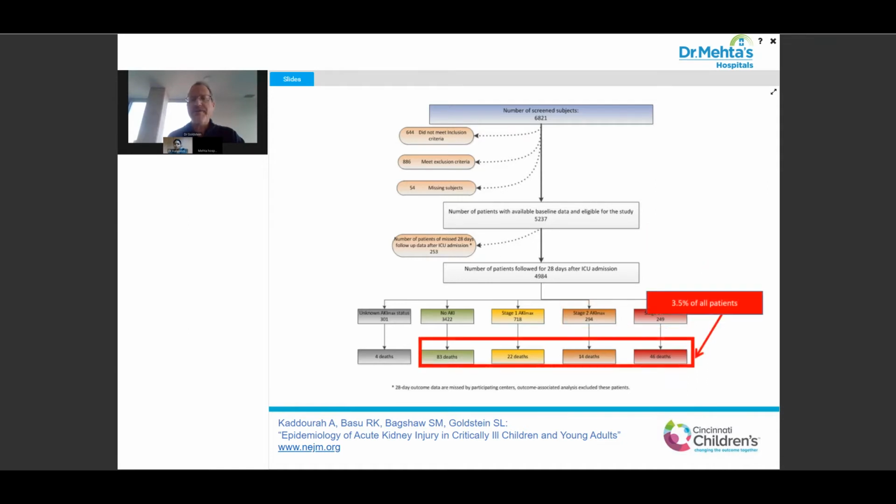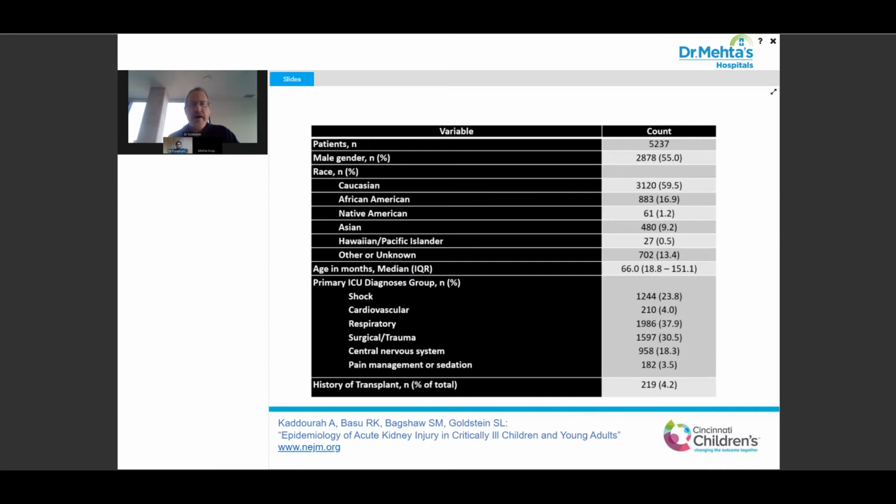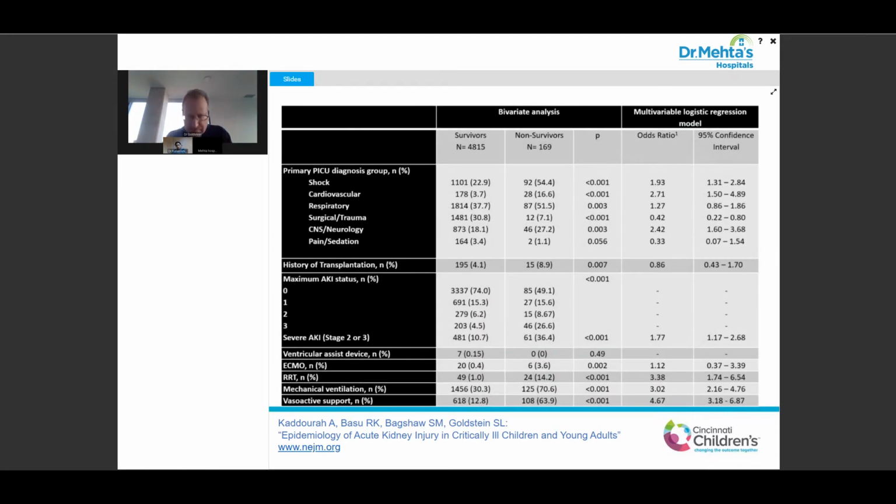3.5% of all patients died, and that is what you see in ICU studies from around the world. So we can say that this was a representative sample of ICU patients with a 3.5% 28-day mortality rate. And what did we find? Well, there were 16 variables out of about 40 assessed that had a univariate association with surviving and non-surviving.